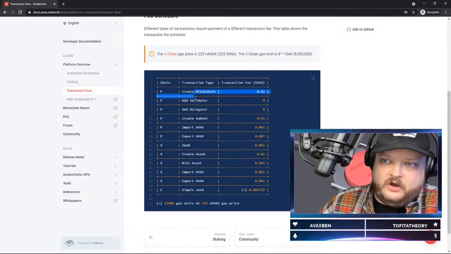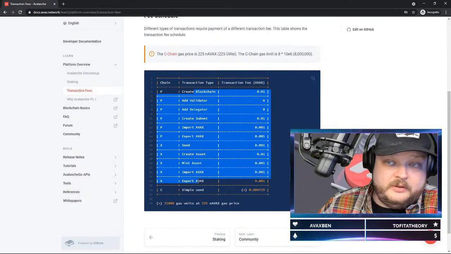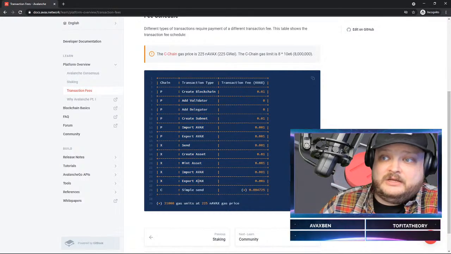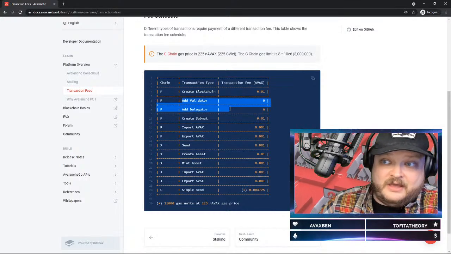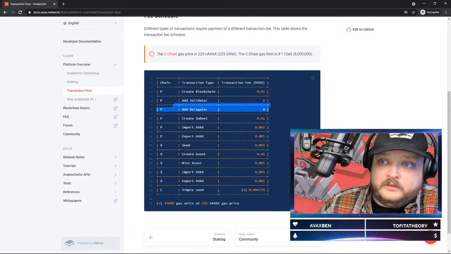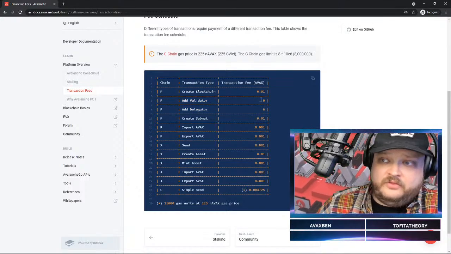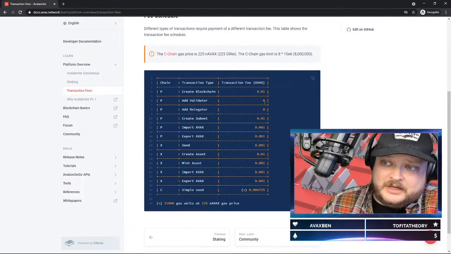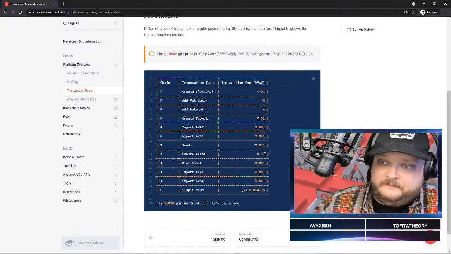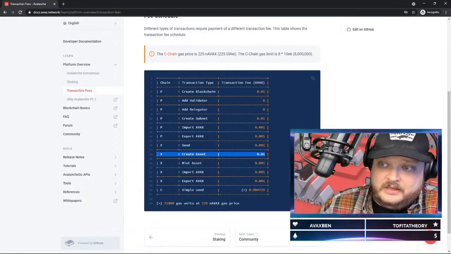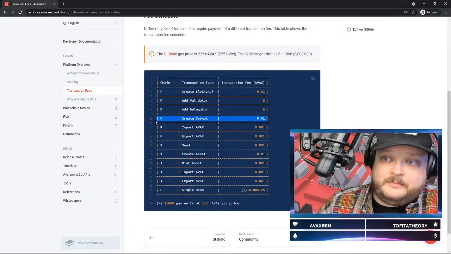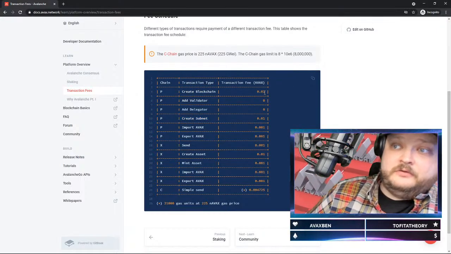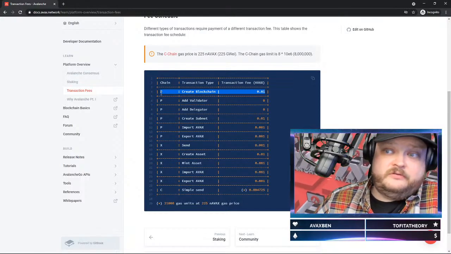But you see here, there's all these other transaction types available to the user when they are actually building a transaction in Avalanche. And two of those transaction types are add a validator and add a delegator. And I pointed out before, they're free because they have a cost associated with them, but everything else has pretty much the same flat fee, except for create an asset, which has a higher fee, and create a subnet, and create a blockchain, which also has a higher fee. So now I'm going to talk about why those have the higher fee over the others.